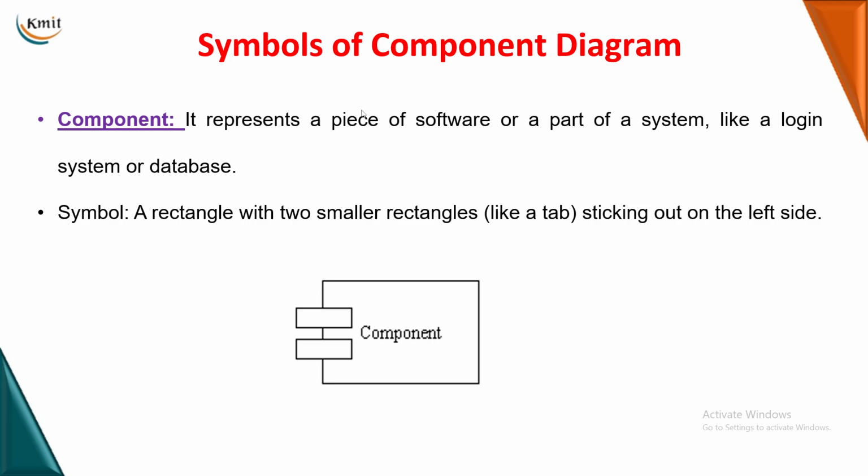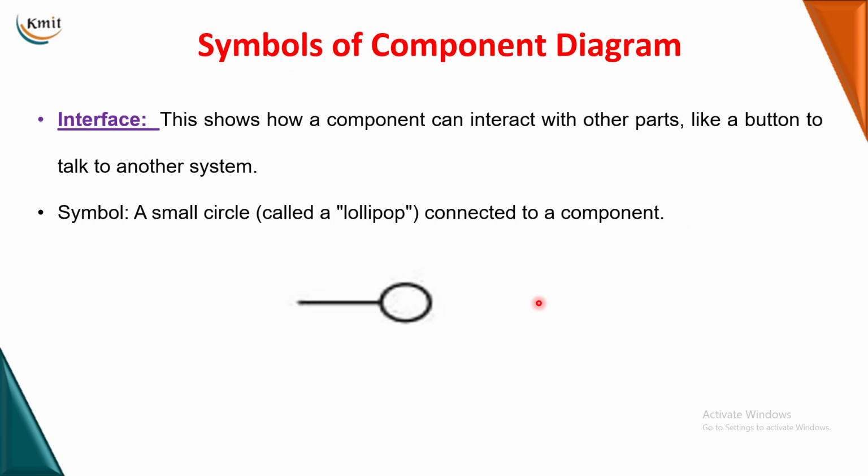A component diagram basically has very few symbols, as you can see here. The first symbol you have is the component symbol. A component is nothing but a piece of the software or a part of a software. It is represented as a rectangular box with two tabs here and the name here. Okay, so this is the component. The next one you have is the interface. It's like a lollipop symbol here, a circle with a line. It talks about the action that is performed by your particular component.